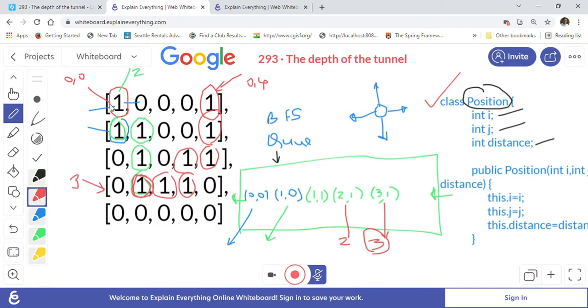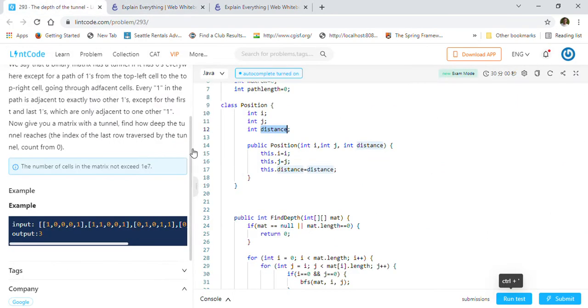So basically here the distance will be, let me just change the color. Distance I'm writing in yellow. So first the distance will be 1, because when you are visiting 1, then here distance becomes 2, then here distance becomes 3. Like this the distance will increase, so it will also give us at the end how long the path is, basically, right? How long is the path of the matrix. That's what it will give us.